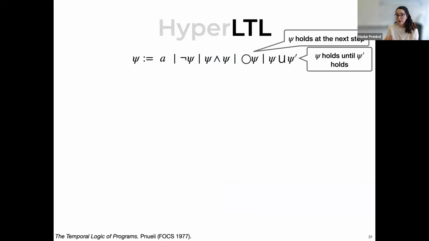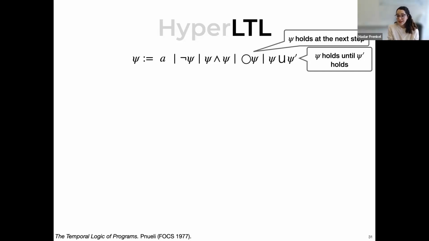But before, hyper LTL is built on top of LTL. And therefore, let's see what an LTL formula is, or how we build LTL formulas. An LTL formula could be just a proposition, such as received, sent, not sent, and so on. And this proposition can either hold or not hold on some time step of our execution. Then we can negate or conjunct